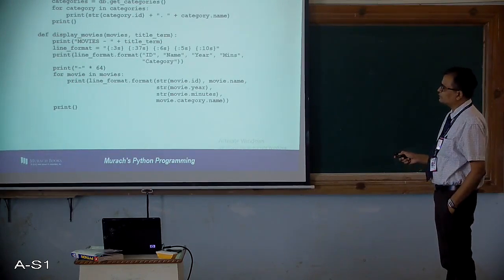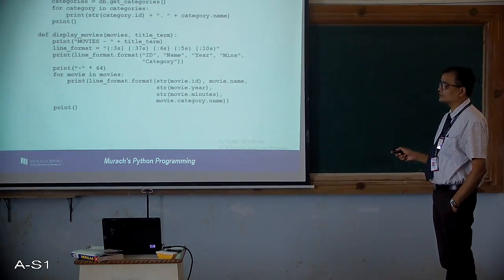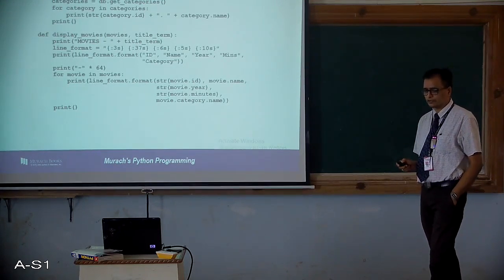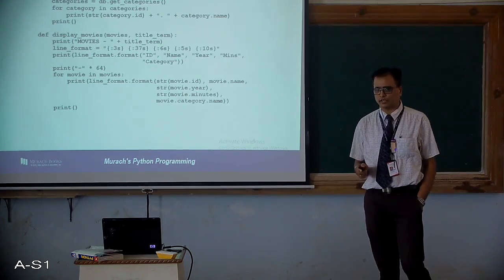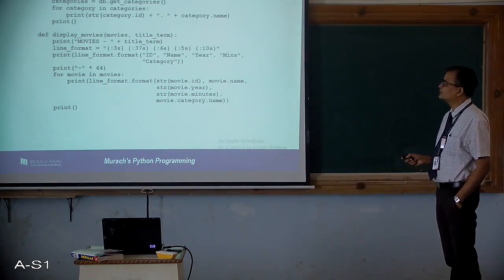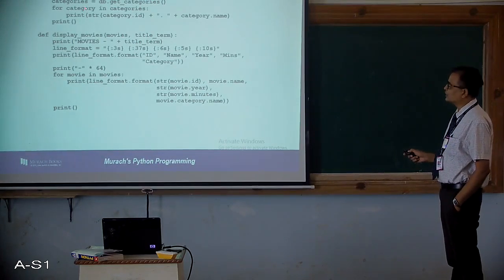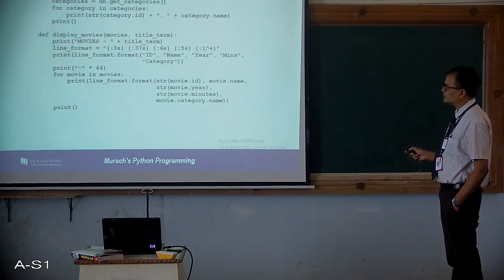So now you can see, if you want to display the categories, then categories is equal to db.getCategory. The getCategory function we have written in which file, in which program is it written? Any idea? We have just now written it in the database tier. In the database tier this particular function is available. For category in categories, you just iterate through that category list and then display it. And then display movies, movie title. So to display those things you need to do this.